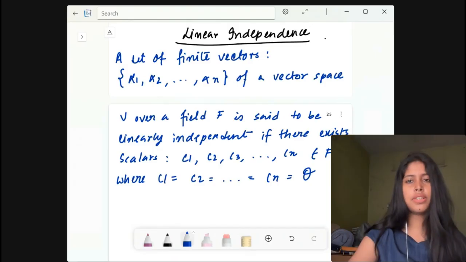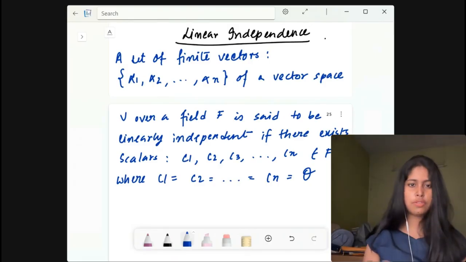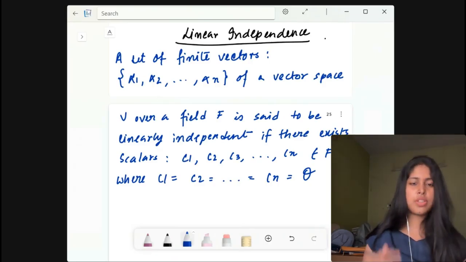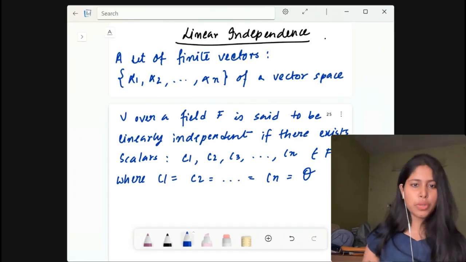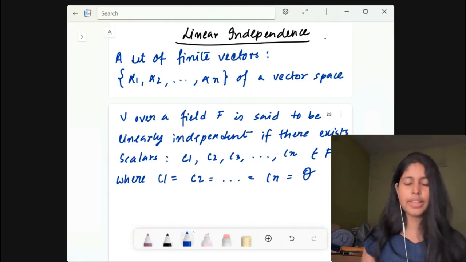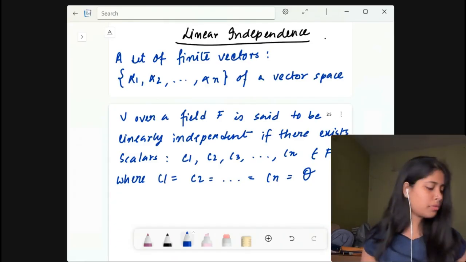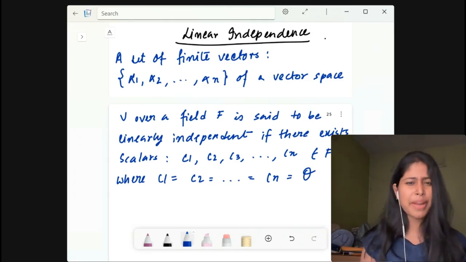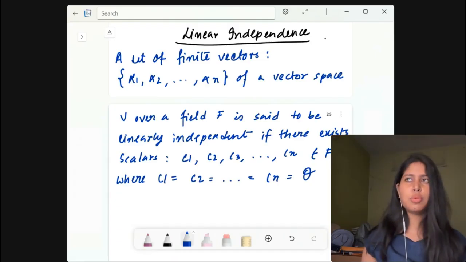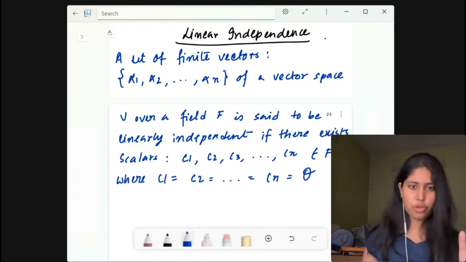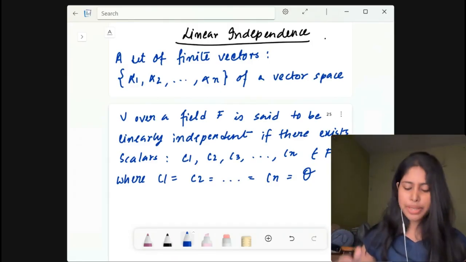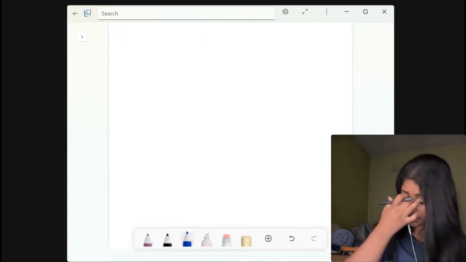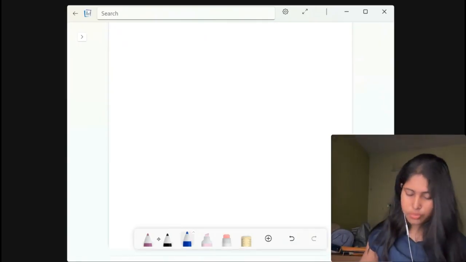Now after this is our main event of today's video. Okay, we have understood the two theorems of subspaces, two very important theorems, and then we understood what is linear dependence and linear independence. Now there are many questions on linear dependent and independent, but today we will only solve five of them. All right, so let me begin with the first question. Yes, so I think the board is visible.